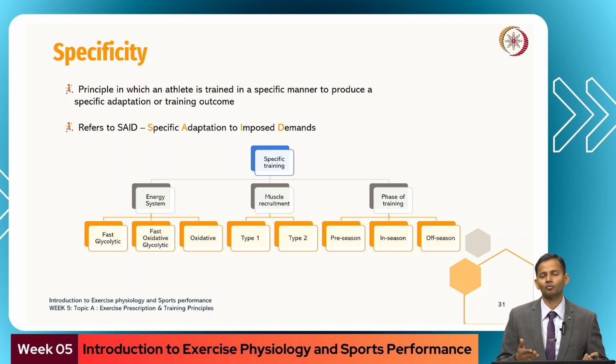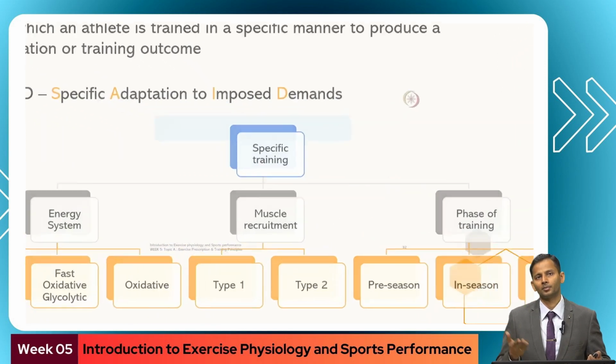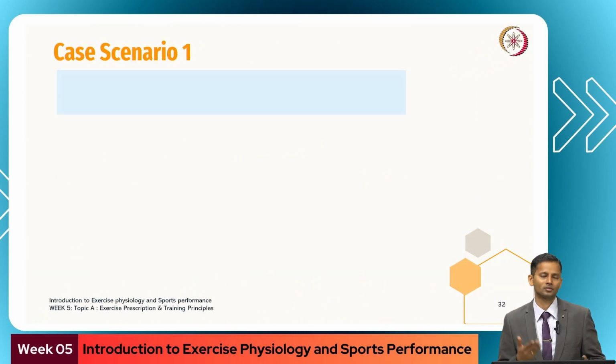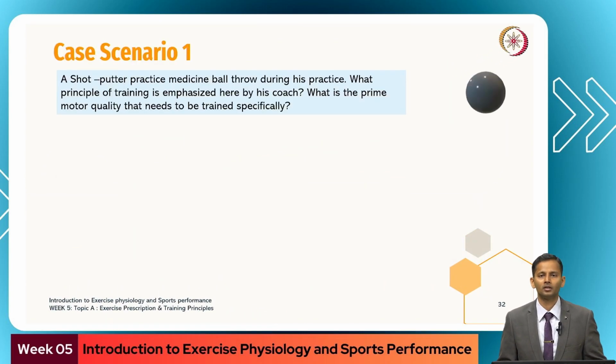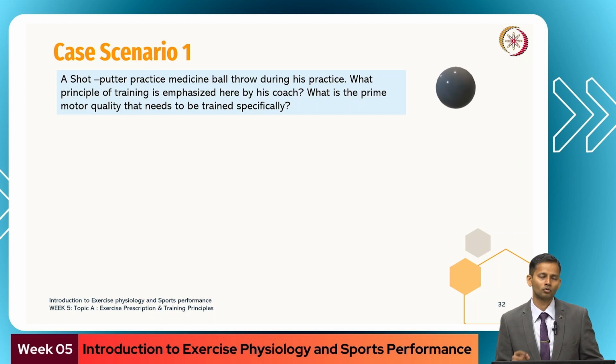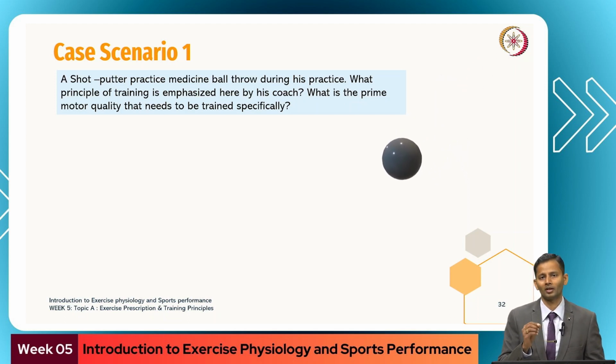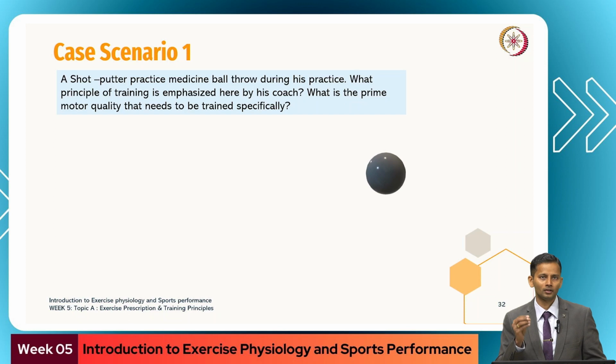So that's what you mean by specific adaptation to imposed demands. Let's see a case scenario. You have a shot putter who is practicing medicine ball throw during his practice, okay, and you have to tell me what principle of training is emphasized here by his coach by asking the shot put thrower to practice medicine ball throw. And what is the prime motor quality in this particular sport that the individual has to be